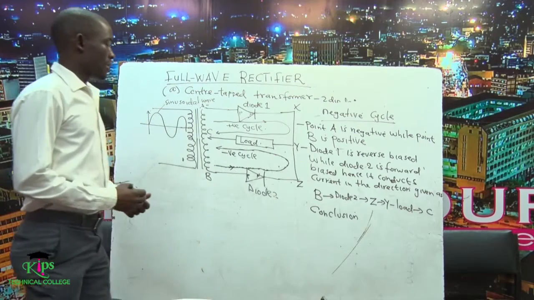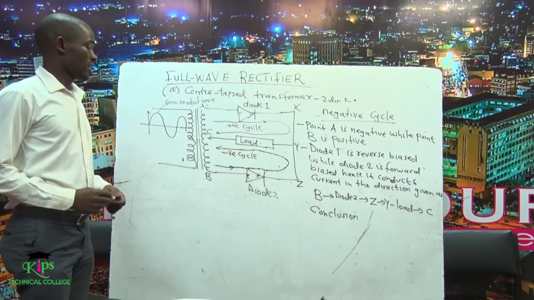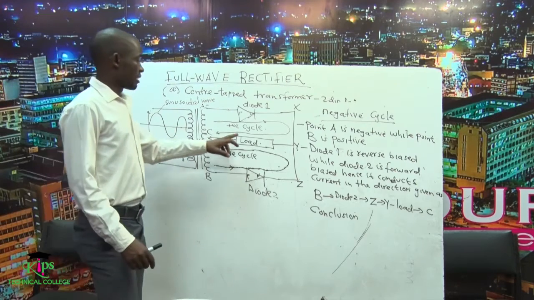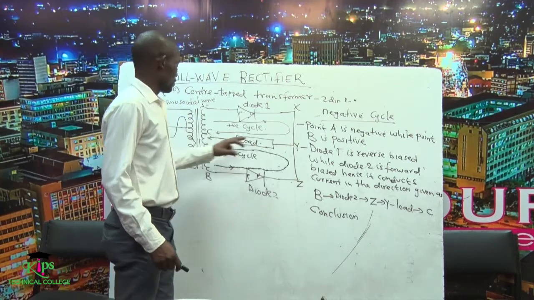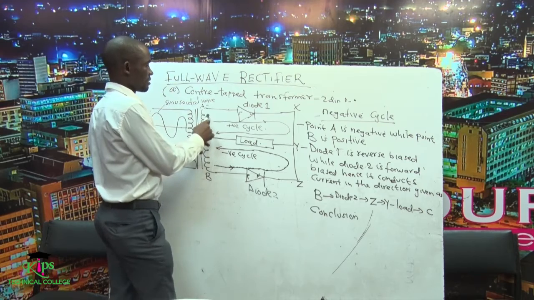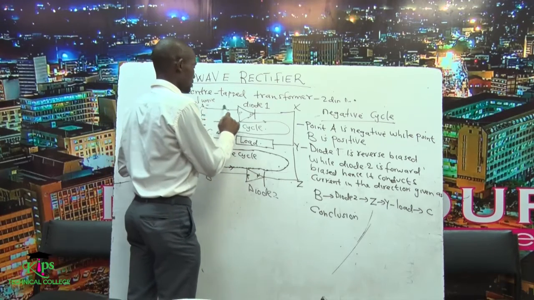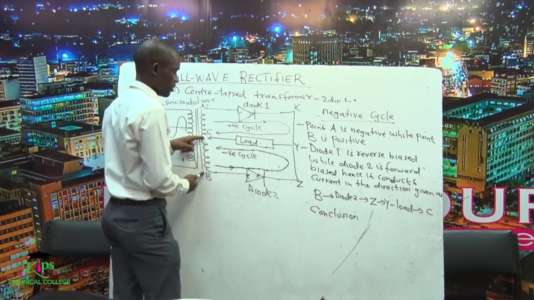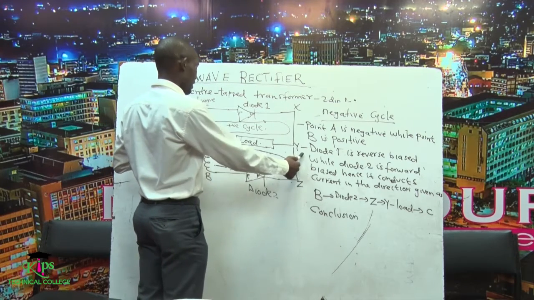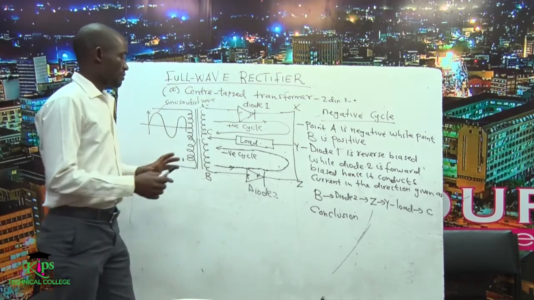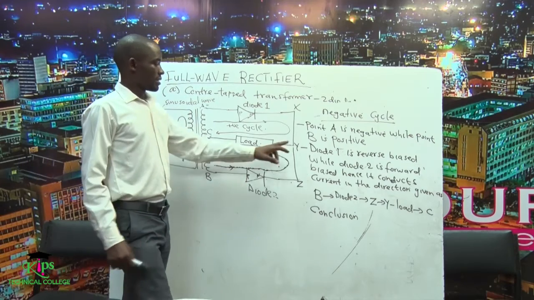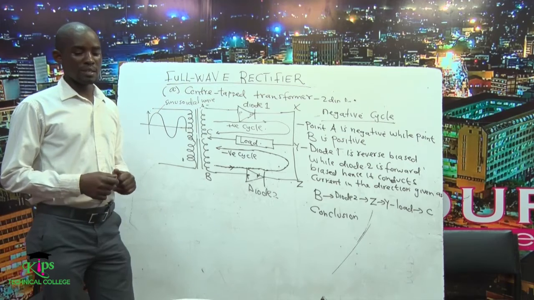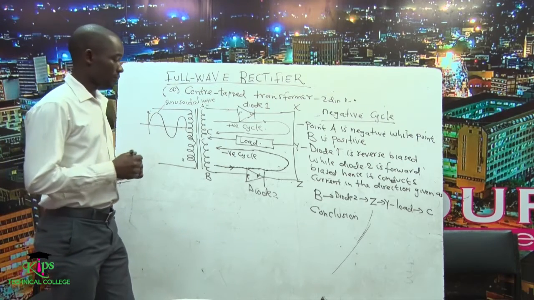What do we conclude about the operation of this circuit? You can see that at all times, during the positive cycle and during the negative cycle, the current flows from point Y to point C. During the positive cycle, current took this direction: it goes to X, comes to Y, then back to C. During the negative cycle, it moves to Z, Y, then to C. So at all times, in both cases, the current flows from Y to C, meaning the load experiences a unidirectional